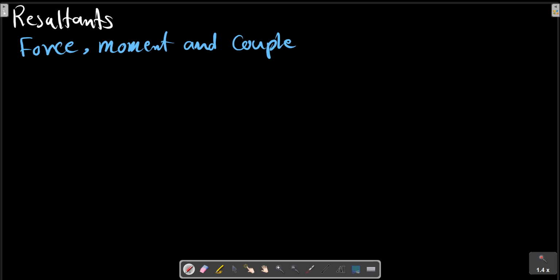Now we are ready to describe the resultant action of a group or system of forces. Most problems in mechanics deal with a system of forces, and it is usually necessary to reduce the system to its simplest form to describe its action. The resultant of a system